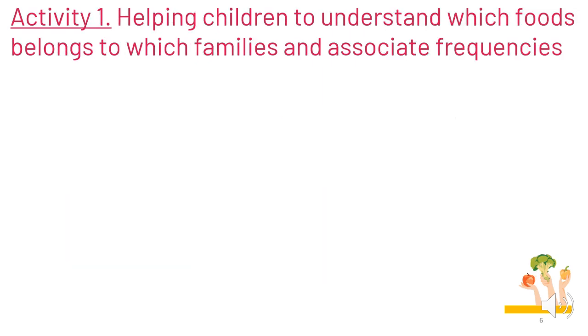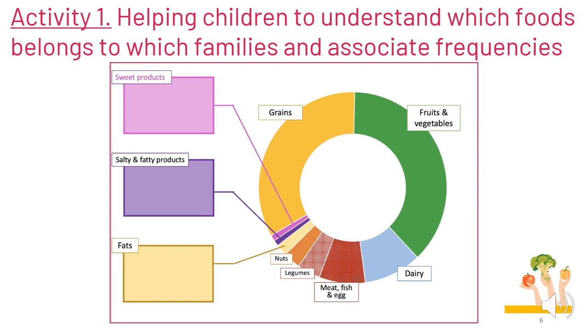So, children must be guided towards a better understanding of the food families and the associated frequencies of consumption within a week or a day. In a balanced diet, each family has a share, but it is more or less important depending on the benefits it brings to the body. This is the objective of Activity 1, helping children to understand which foods belong to which family and how often